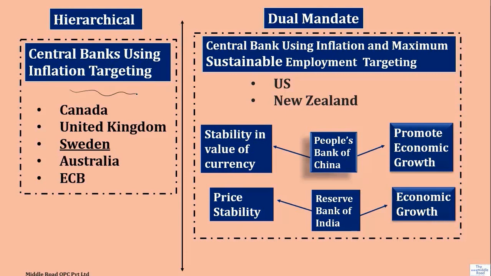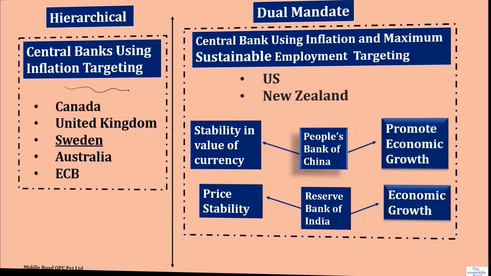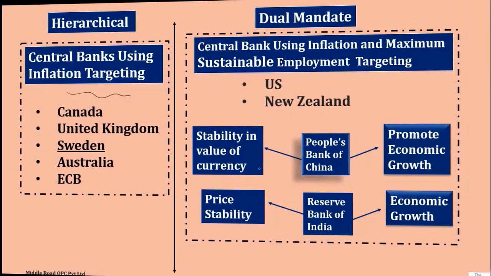So that's the difference with a dual mandate. Then you have the People's Bank of China. It looks at stability in the value of currency. Basically, stability in the value of currency becomes very important because this is one of the critical factors, I would say. I'm not sure how critical a factor it is for China, but for India, we'll see, for inflation. So it makes sense to a certain extent why China is looking at stability of the value of currency, not economic growth. Now, the Reserve Bank of India, which is the central bank of India, looks at price stability